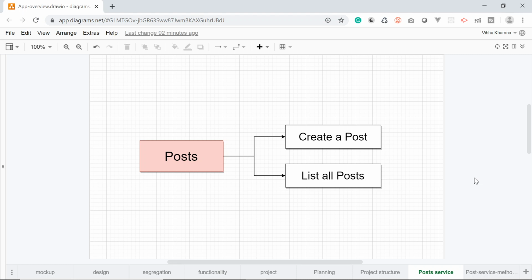In this video, we are going to write some basic code to create a post service. Whenever you start designing a service or putting it together, it is really worth the time to think very critically about exactly what you want your service to do. So in our case, we know that we want to create a post and list all the existing posts.